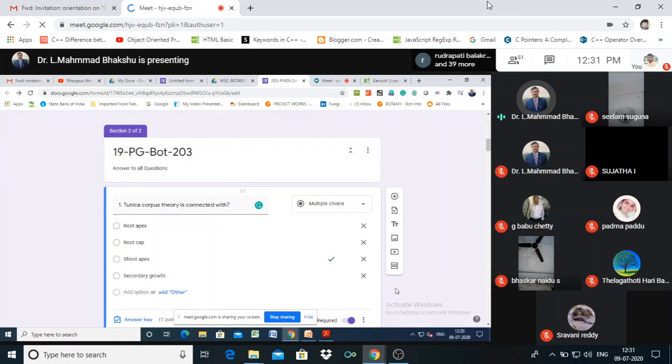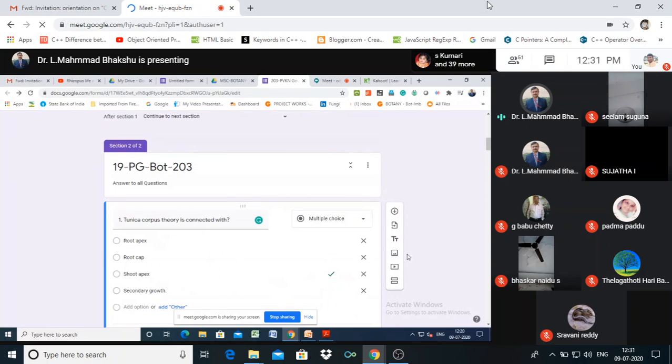For one word answers, we can create the Google Form, and after sharing this Google Form to our WhatsApp group or email IDs, the students will fill in the answers.